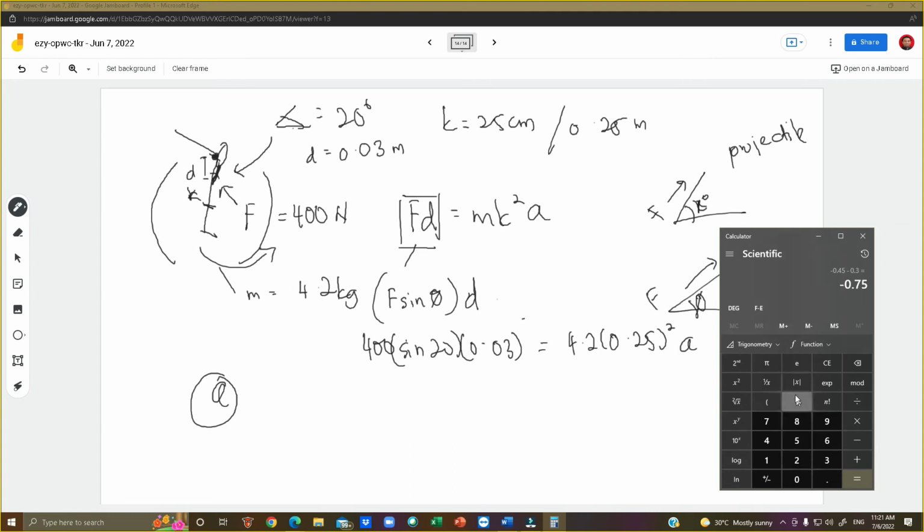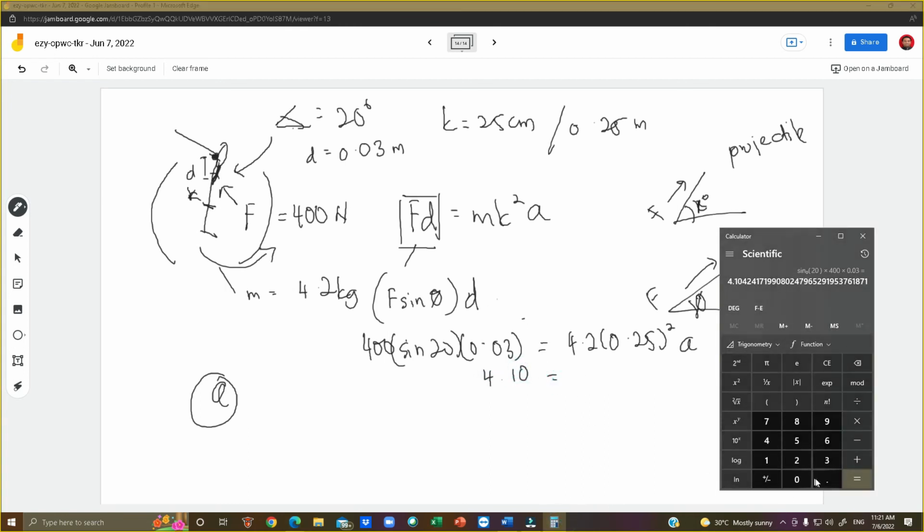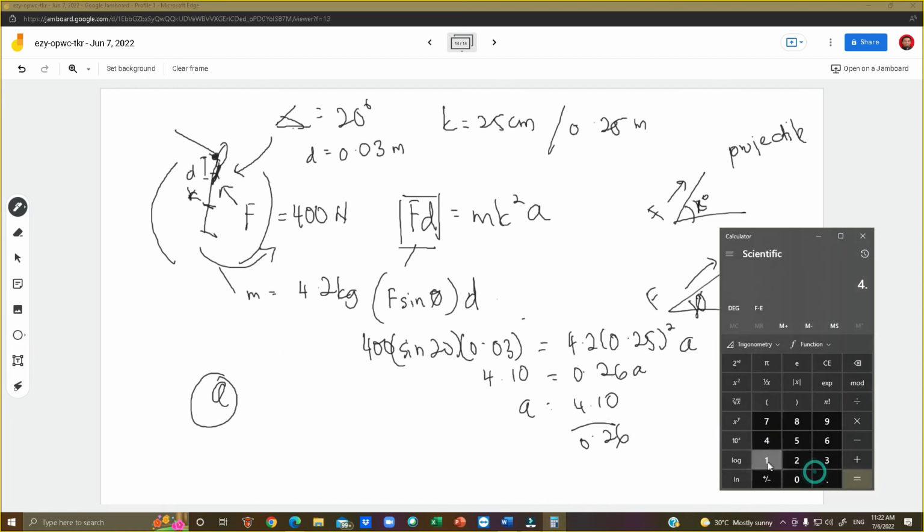Okay, we have sin 20 trigonometry sin times 400 times 0.03, 4.10. Okay, 4.10 equals to 0.25 square times 4.2, 0.26 alpha. So alpha equals to 410 divide 0.26, we have 15.77